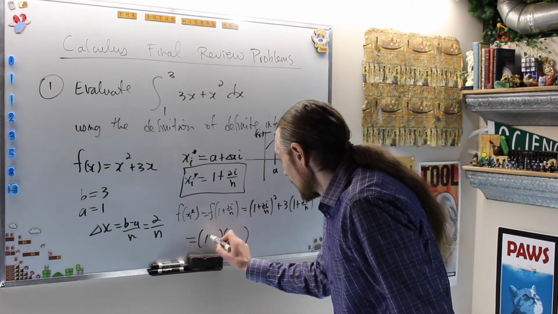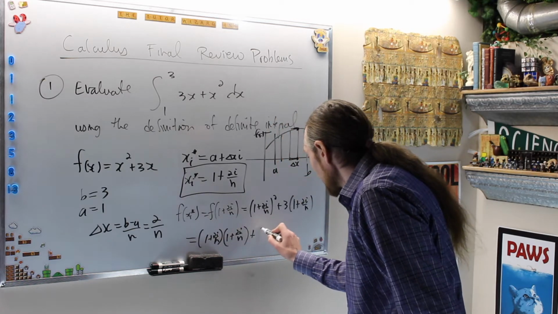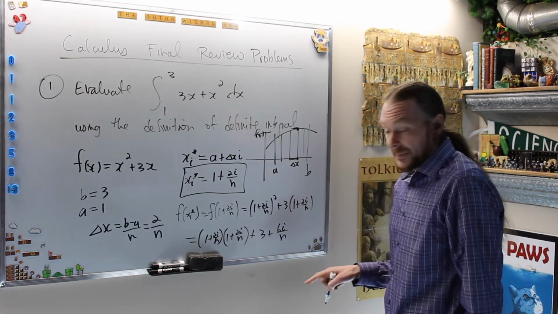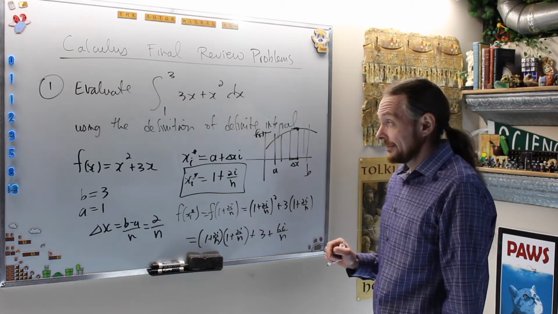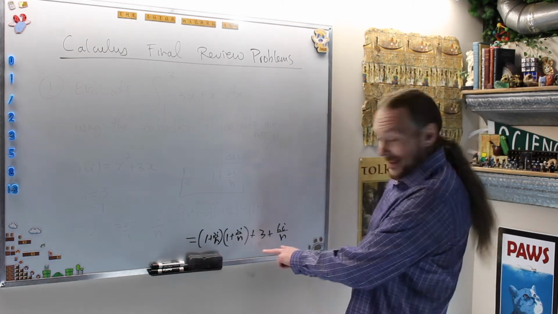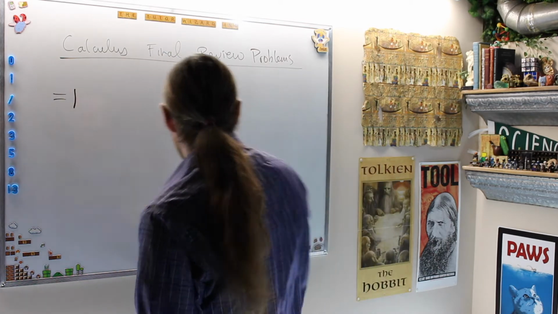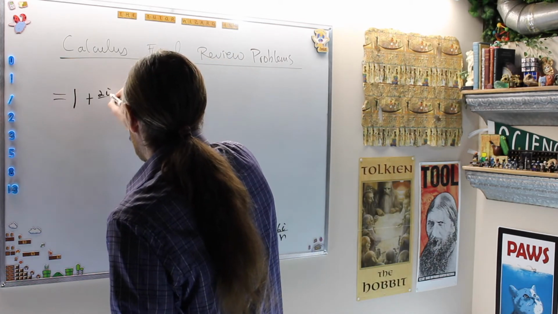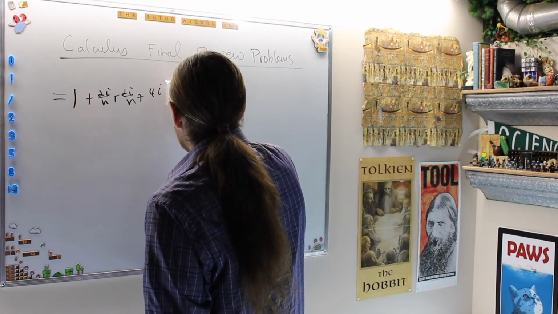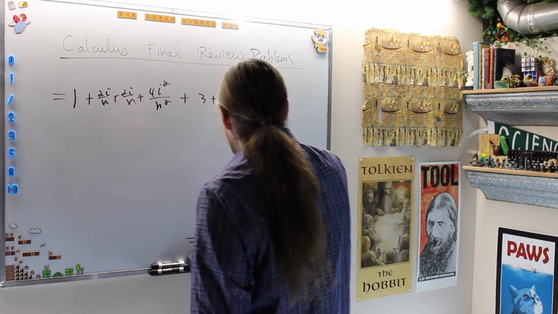Take your time. 1 plus 2i over n times 1 plus 2i over n, plus 3 plus 6i over n. I've distributed this 3 in. Do it baby steps at a time. What does that give me? I move it to the top. This is equal to 1